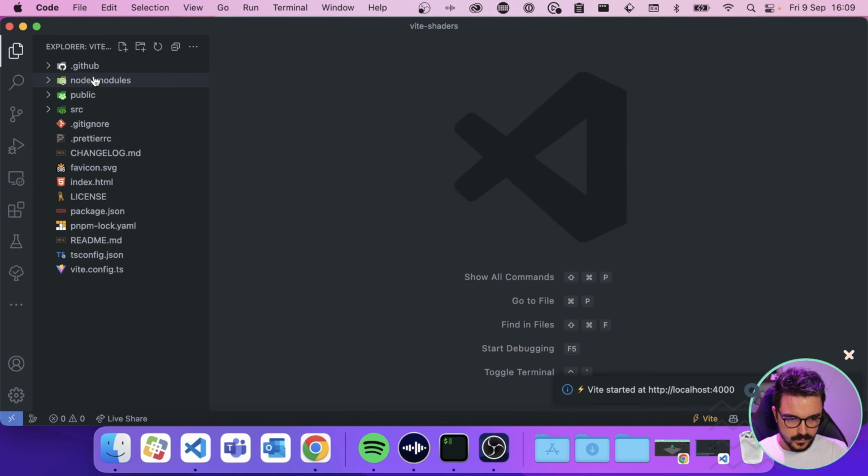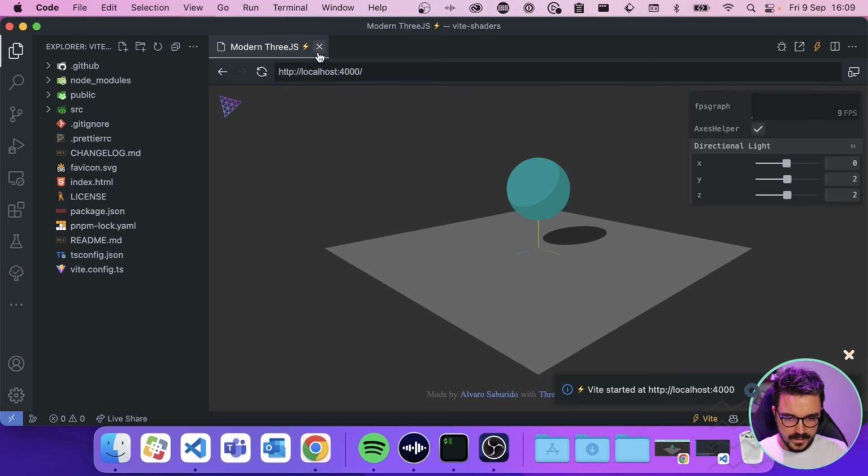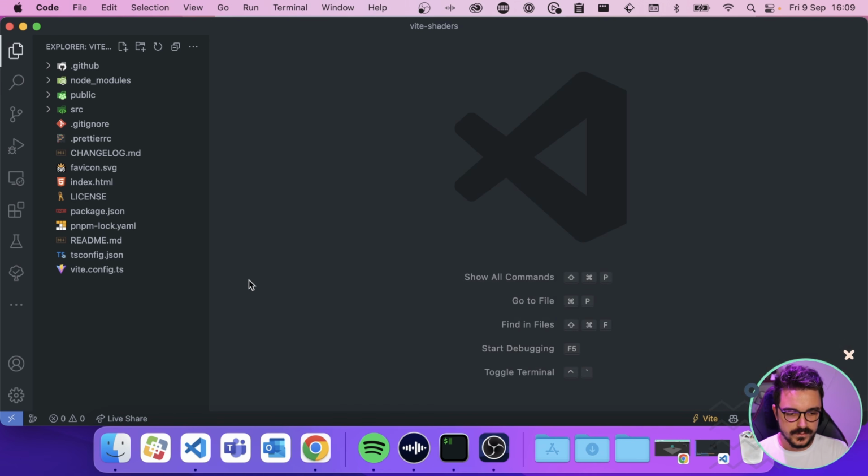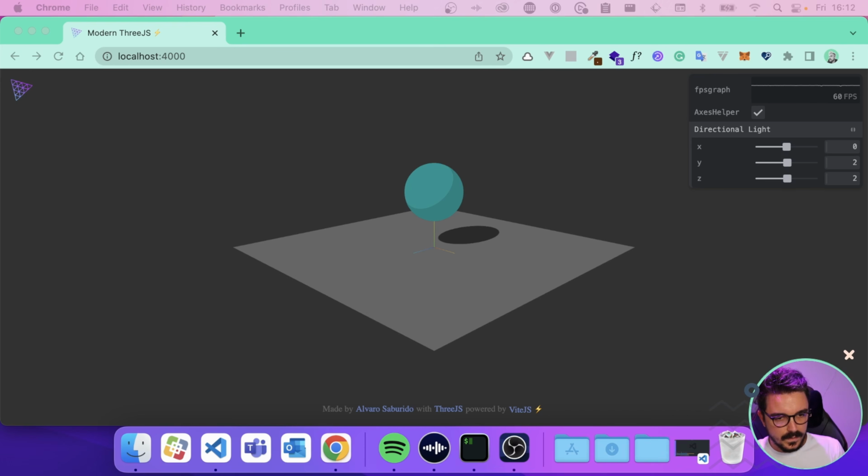Okay, so now let's use the default installation for PNPM. Okay, so we have our Node modules, and I have an extension that automatically opens the Vite app just in VS Code. But I figured out that using 3GS and any 3D, the frames per second are really low when using the IDE, so we're not gonna use this feature for this. Let's take a quick look at what this boilerplate brings.